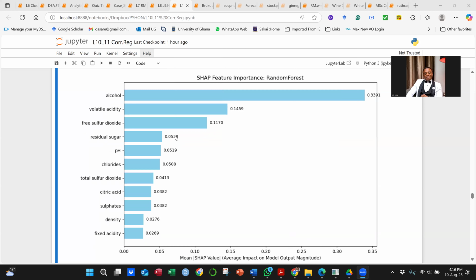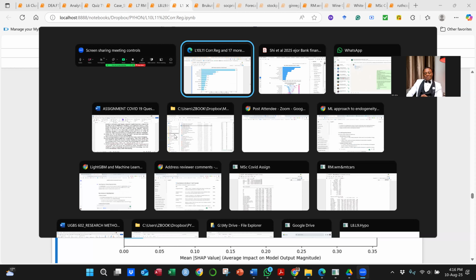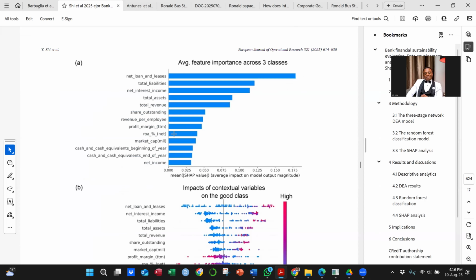What we have here is more beautiful than what they have there. Who can tell me why I'm saying that? Who can guess? Because it's important, and it's easier. Managers easily understand this than that one, even though they are all good. But that one is not all too beautiful because